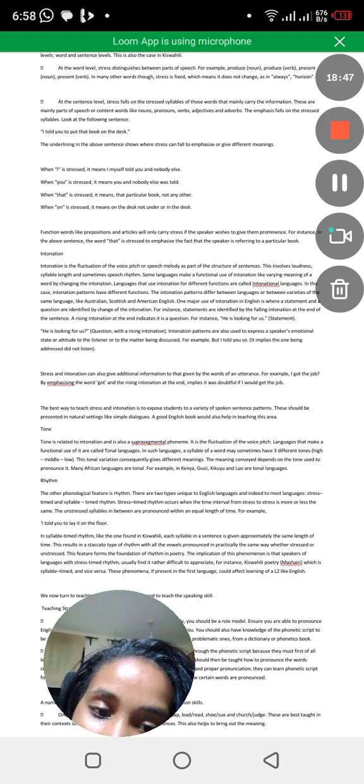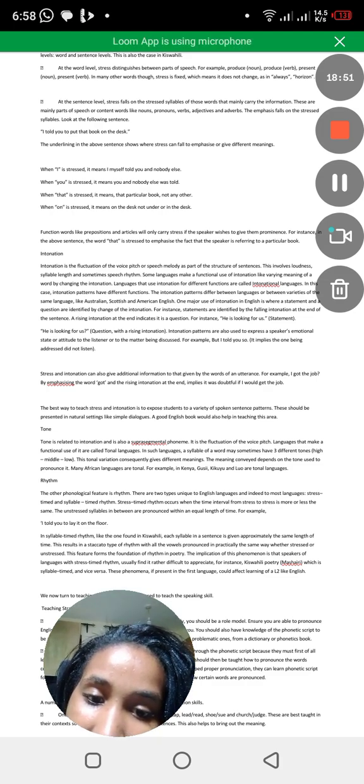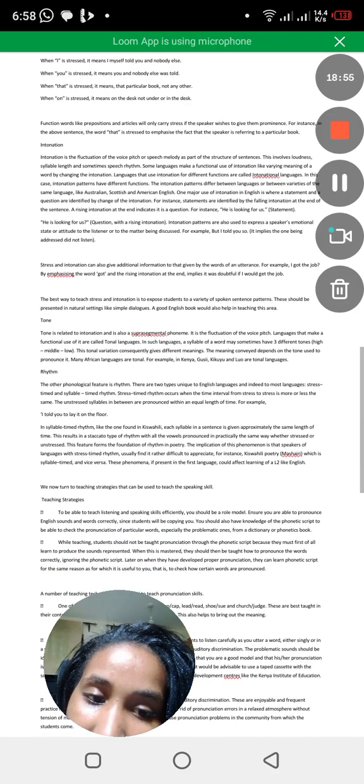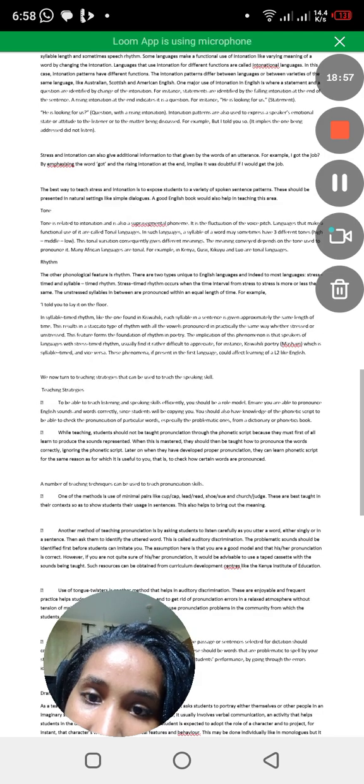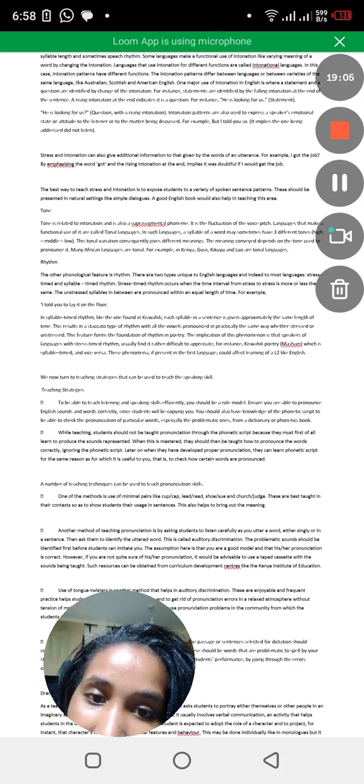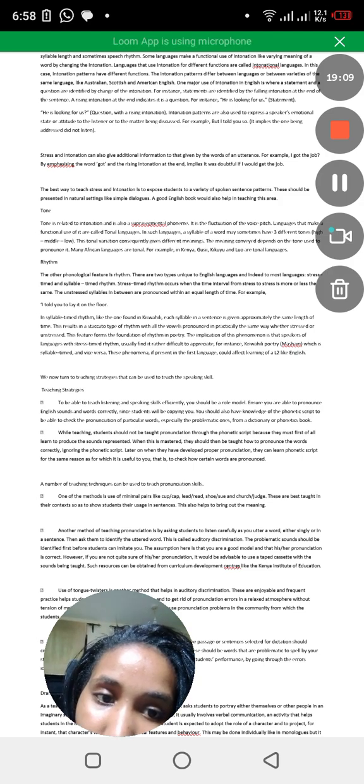So a number of teaching techniques can be used. One of the methods is the use of minimal pairs. For example, cup, lead, read, shoe, sew, church, judge. These are best taught in their context so as to show students their usage in sentences. This also helps to bring out the meaning. Another technique is